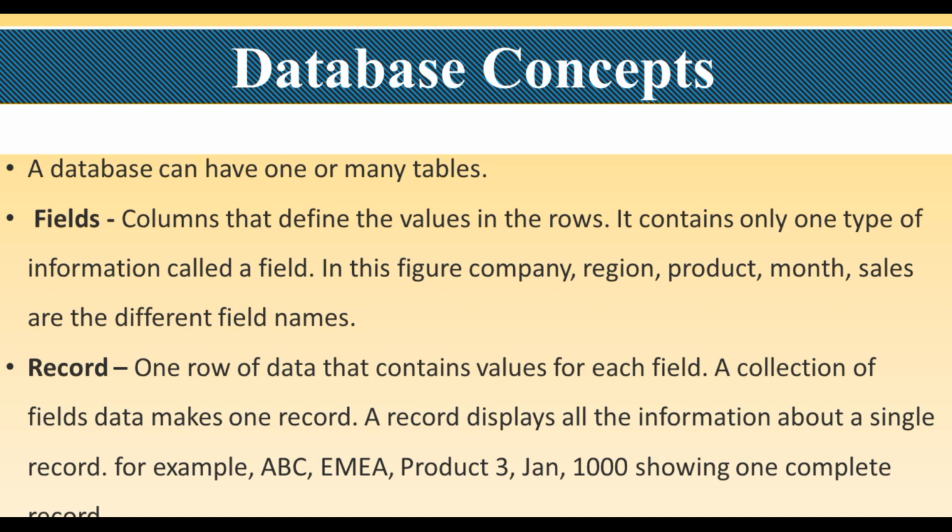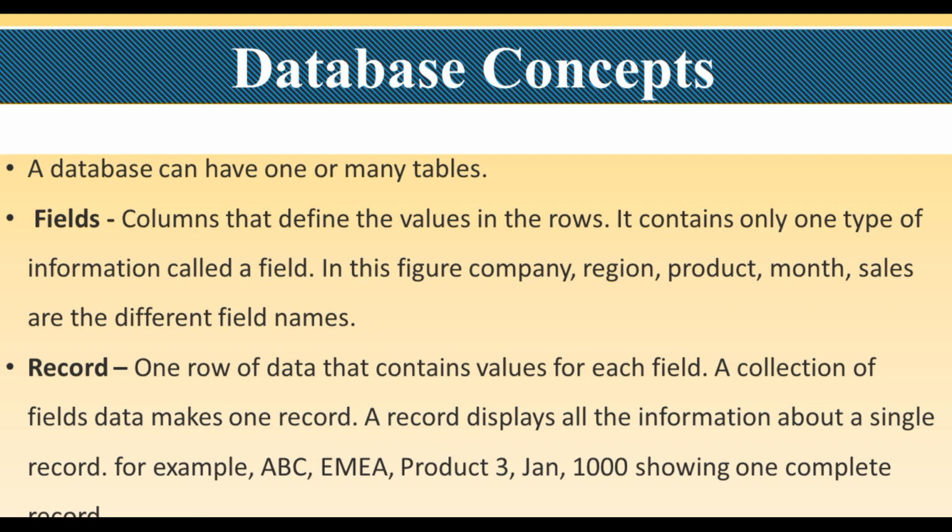So student, you can consider a table. The table name may be student, and the first column name is roll number, the second column is student name. So here you can consider a field to be a column. In that column we can enter a similar type of value. For example, roll number is a column in a table. In roll number we can insert only roll numbers of integer type. Integer means non-fractional digits like 1, 2, 3. And the name of the student column contains only the name of the student. It may be Ajay Kumar, Kamal Kumar, whatever, in the form of text, but of shorter length.